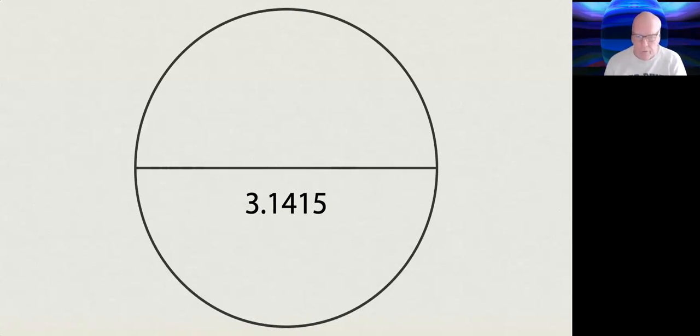The circle is the universal symbol of the spirit aspect, and the diameter is the universal symbol of manifestation. So you have in this 31415, which adds to 14, something similar to this